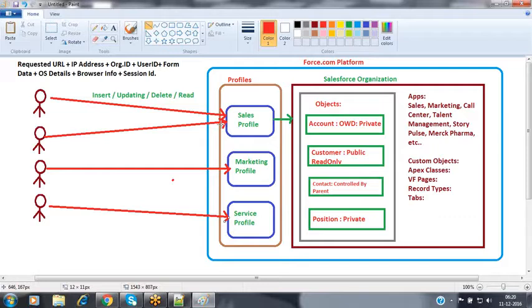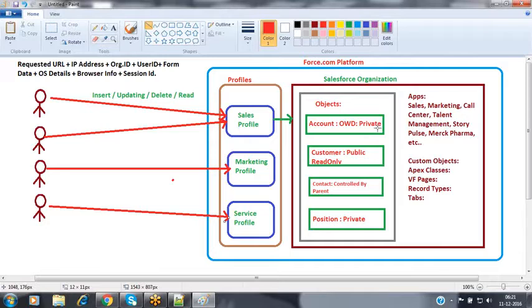We'll see practically one by one here. Suppose, for example, let's take a general scenario. Assume that the account object OWD is private.